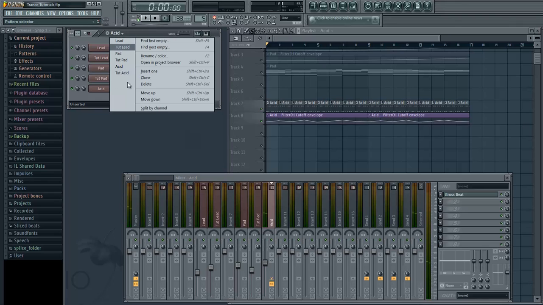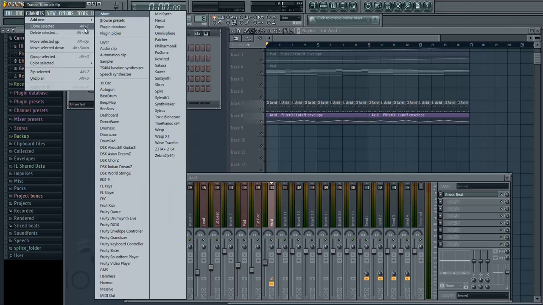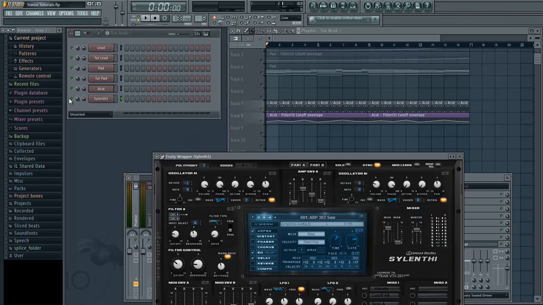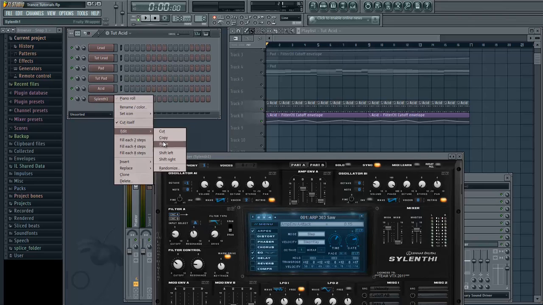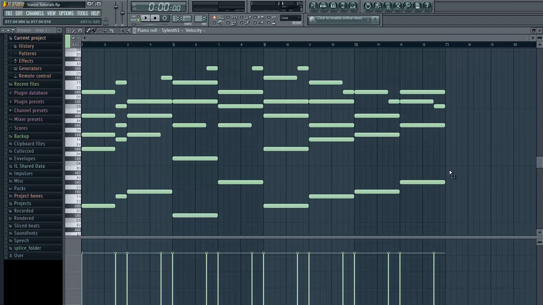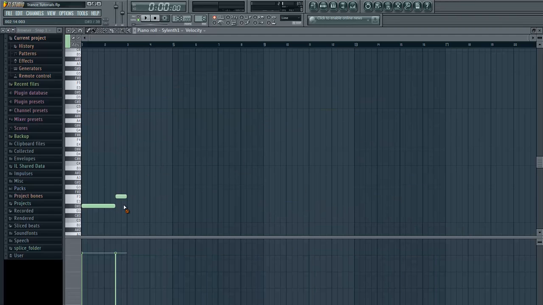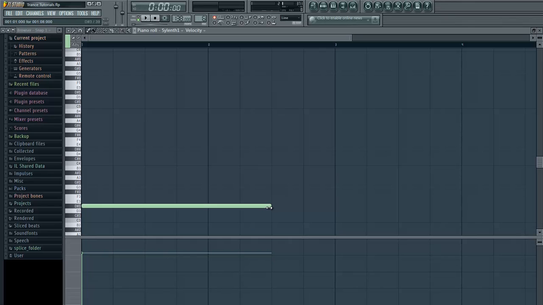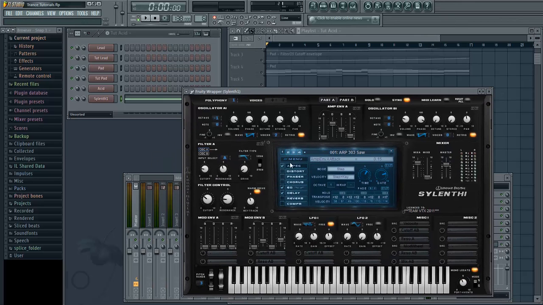Alright, so let's get to making this, shall we? Add in a new instance of Sylenth. Those are my chords. What you're going to do, okay, that's my bass note for the first part of the chord. Go to init preset,